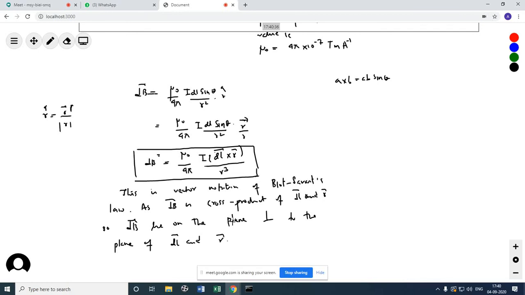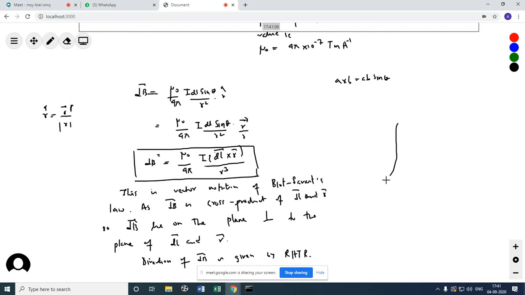Let us understand this. The direction of this vector is given by the right hand screw rule, or the right hand thumb rule if you remember. I will discuss this direction and explain all this. Direction of dV is given by the right hand thumb rule. I am just writing right hand thumb rule because this thing is class 11 level. So what does this mean?